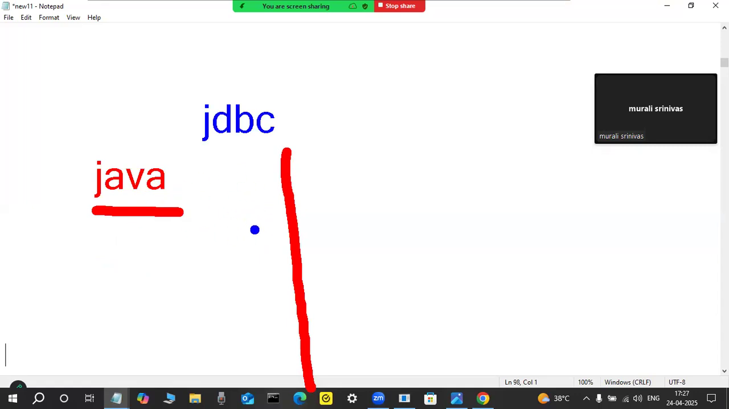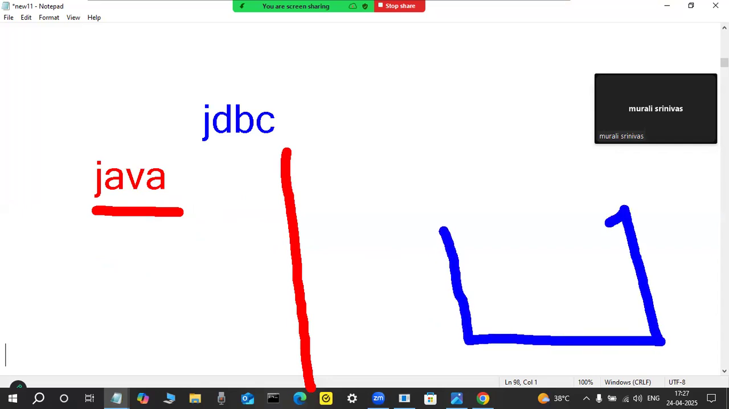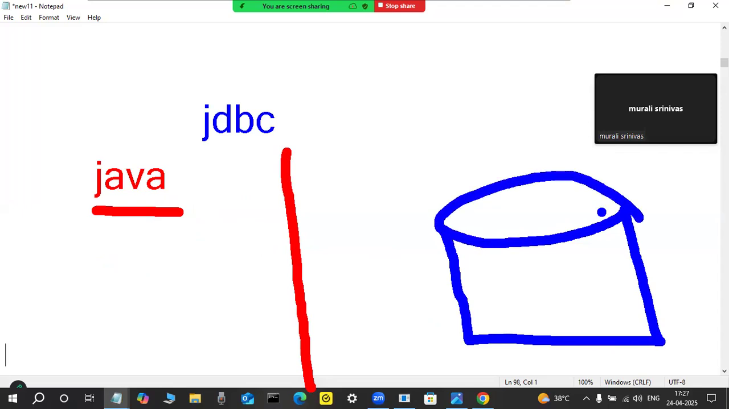Compulsory, you are also interacting with a database. Suppose they have decided a client is asking for a user. Oracle database is the backend they are asking for. For example, now this is an Oracle DB